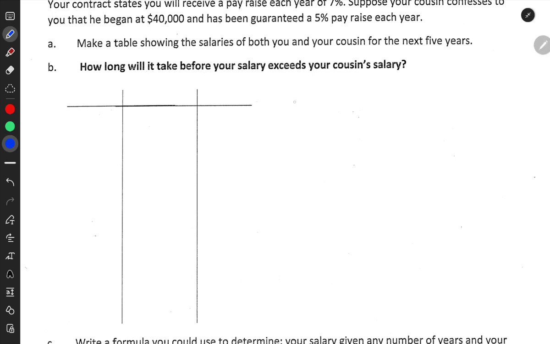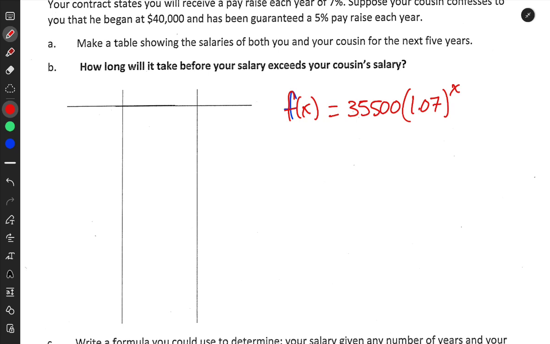So for you, I'm going to call your function f of x. And you are starting with a salary of $35,500. And every year it's growing by 7%, right? So our multiplier is 1.07, and we're going to be raising that to the x power. So after x number of years, this will tell you exactly what your salary is. Now, of course, contracts change. None of this stays in place forever, and you can renegotiate things after time, but this is what we're working